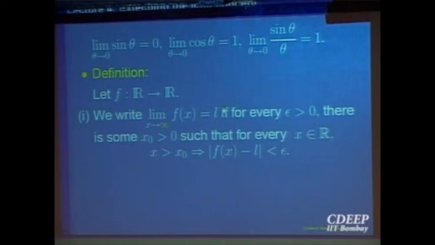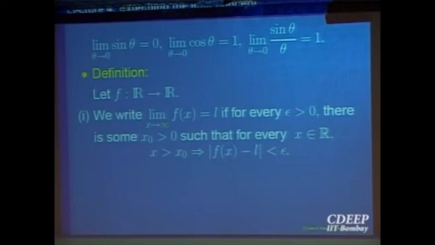Intuitively, what is limit? That is the value the function is coming close to when x is coming close to this value. So f(x) is coming close to the value L. That means the distance |f(x) minus L| should be made small. For which x? For all x which is large enough. What is the meaning of saying that all x large enough, from some stage onwards? Given epsilon greater than 0, there is an x naught so that for all x bigger than x naught, the error |f(x) minus L| is less than epsilon.